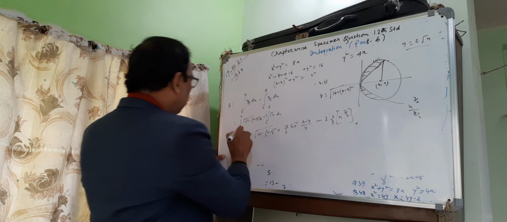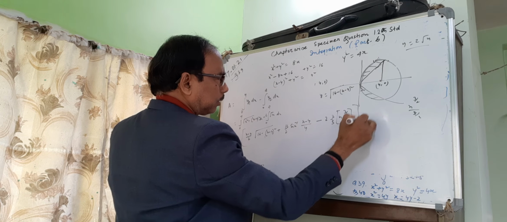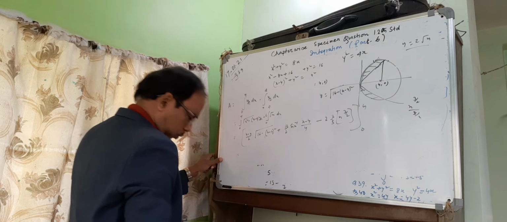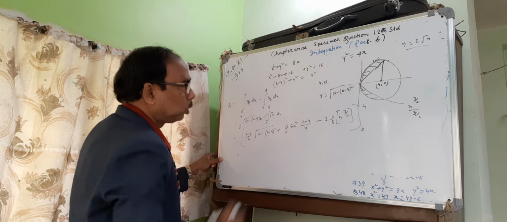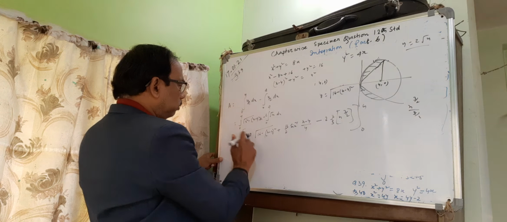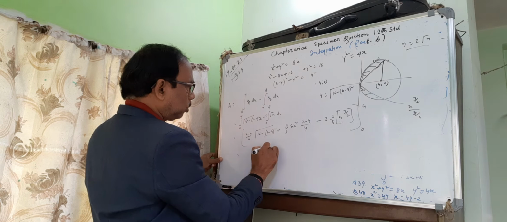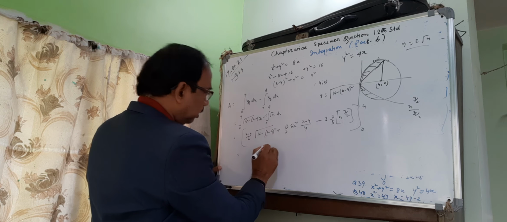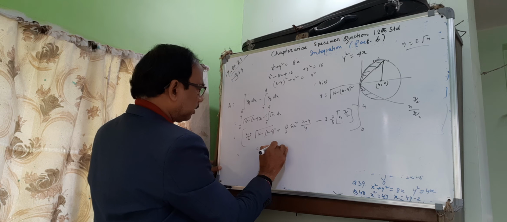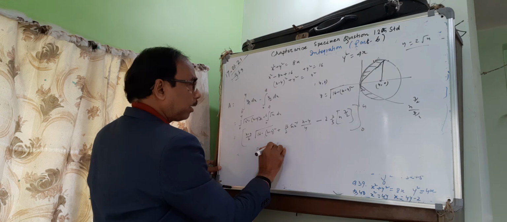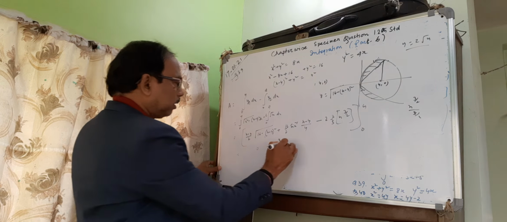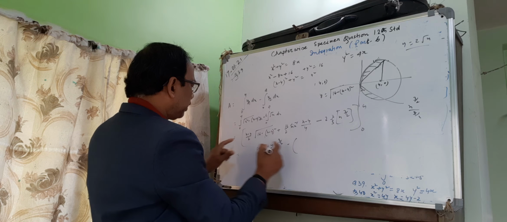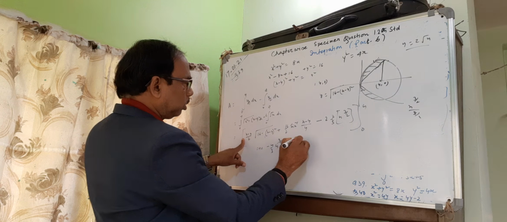Now take the whole formula from 0 to 4. All should be 0 to 4. Now take the upper limit. Taking 4 as the upper limit, this will be 0 plus this will be 0, sine inverse 0, minus 4 by 3 x to the power 3 by 2, upper limit minus lower limit. Then taking the lower limit, this will be 0, this will be